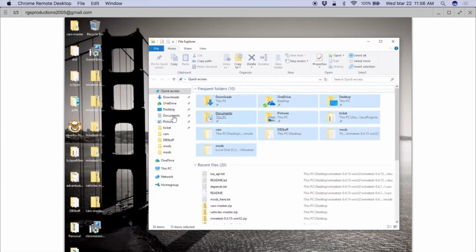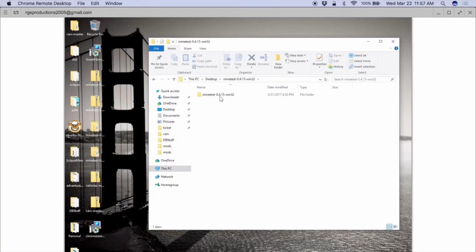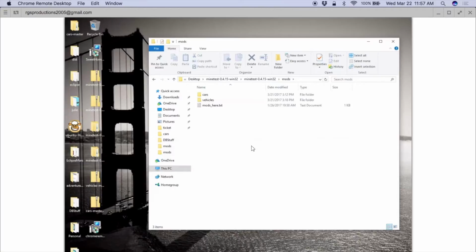And on my desktop, I have the 32-bit version of Minetest in a folder. And you'll see a bunch of directories. Now, again, I'm not sure how this person installed it. I also have it in my start menu, but that one is sitting in my user directory. I'll show that in a second. So the application starts up in the bin directory, but where you put the mods are going to be in the mods directory. The one thing about downloading mods from Minetest is that most of the time, the mods will